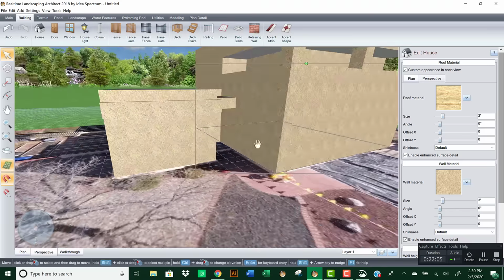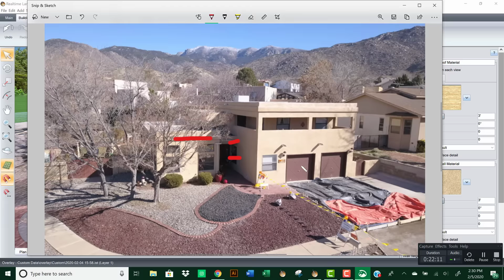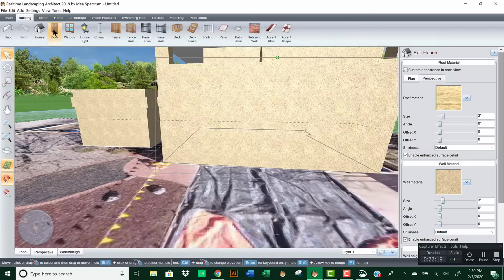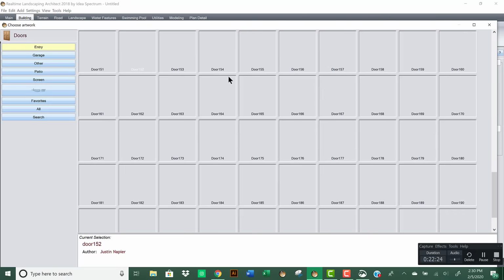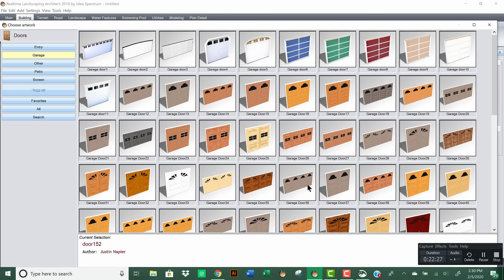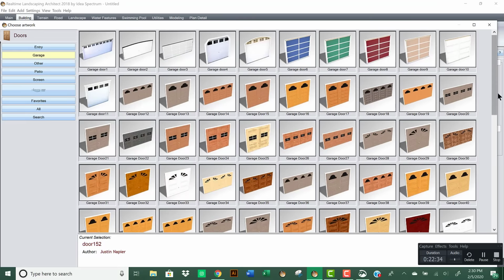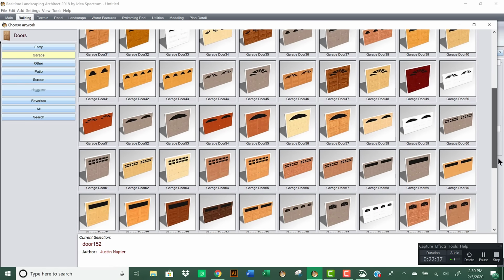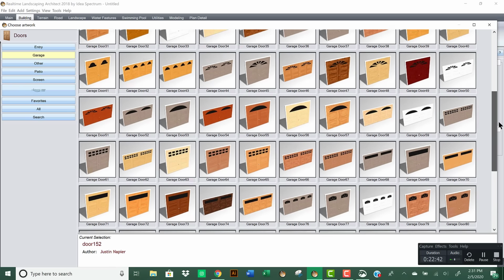So let's start with the garage doors. You can see from the picture, it's just 2 big old, kind of old school red garage doors, and those are going to just be real simple. So let's just go to door here, then we can click up here, the model, garage, and we'll pick a door that looks most similar to those doors. There's no windows, it's just made of wood. Let's just view to see if we can find a simple, basic single garage door. See, most of these it's looking like have